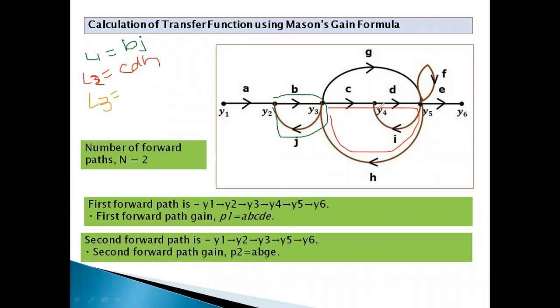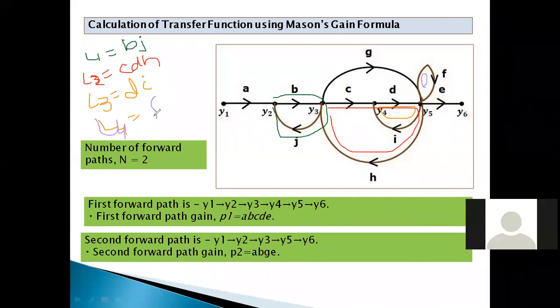is third loop. So if we observe this loop, this can be taken as third loop. So D into I. Okay, this is third loop. No node is traversed more than once in this loop. Okay, that's why I have called individual loops. Okay, so one more loop L4. So if we consider one more loop L4, so if we observe, this is self loop. Okay, branch gain of F.